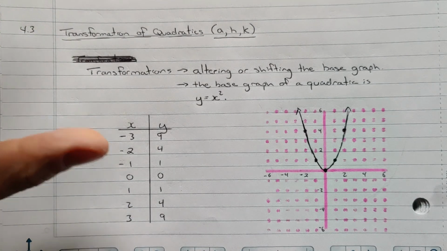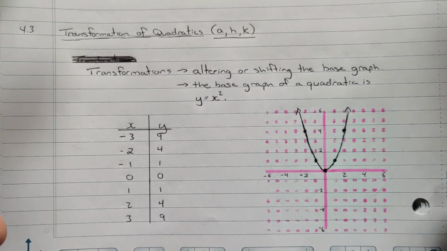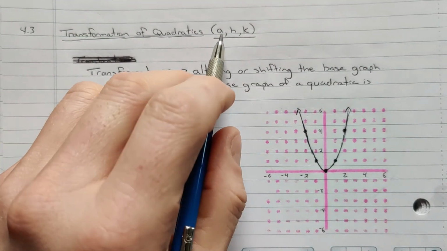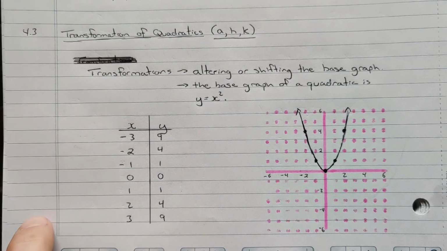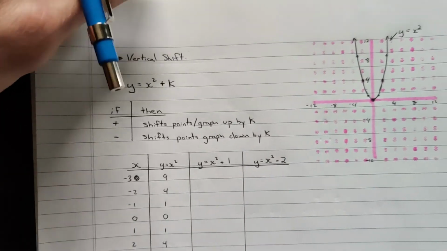So this is our base graph. This is our standard piece that we look at, and we use that to riff off of with our A, H, and K's as we start to look at these. So we'll start with K. So our K value here,